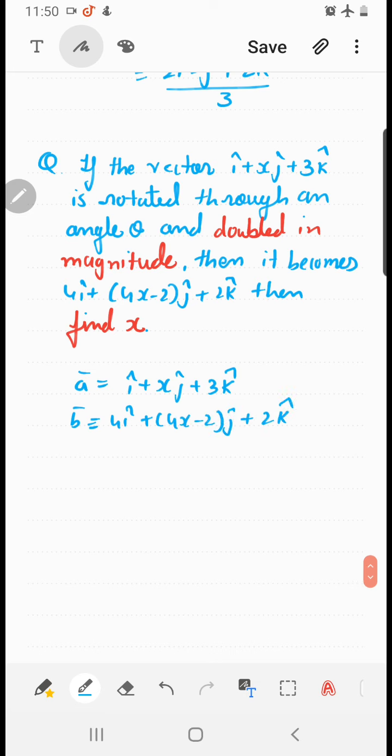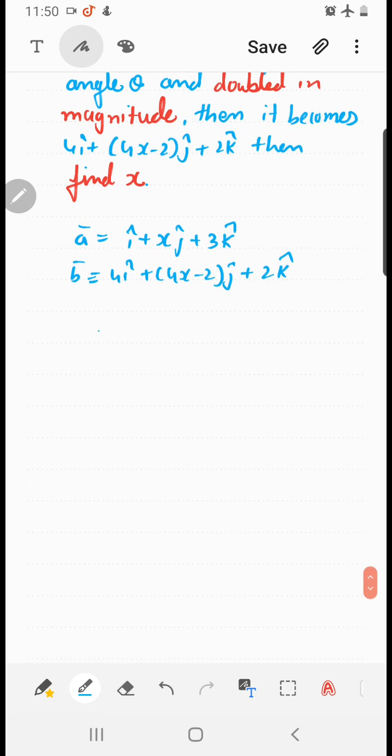What they say is that your original vector when rotated becomes double the magnitude. So I repeat, if a vector a bar is rotated through an angle theta and doubled in its magnitude, then it becomes, can I say here that 2 times mod of a bar is equal to mod